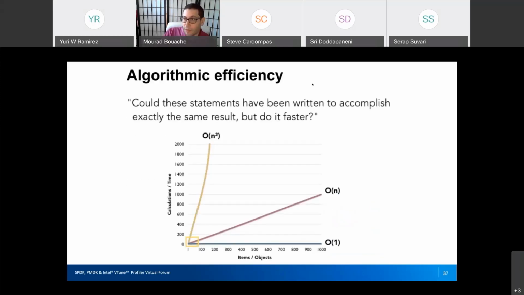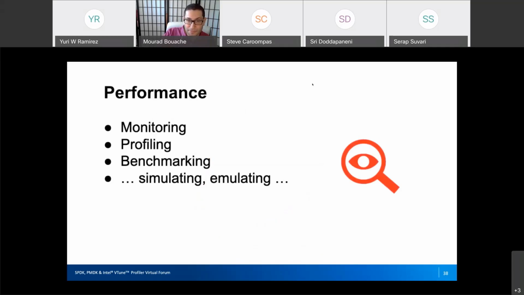Of course, when we talk about software, it's all about algorithm efficiency, and everyone knows this graph where we have exponential complexity and then big O of n as measurements for this complexity, and everyone is looking for O of 1 as the best complexity of a software algorithm.